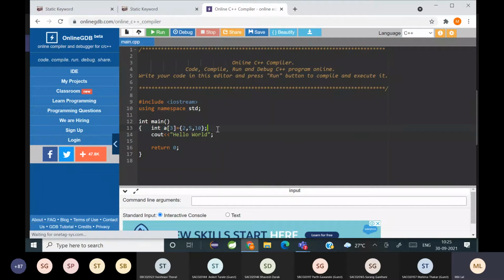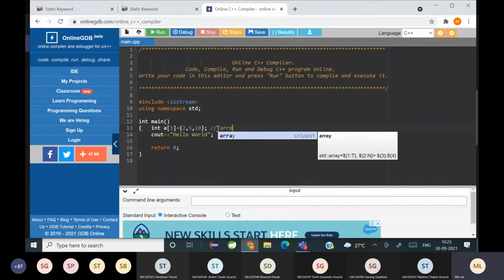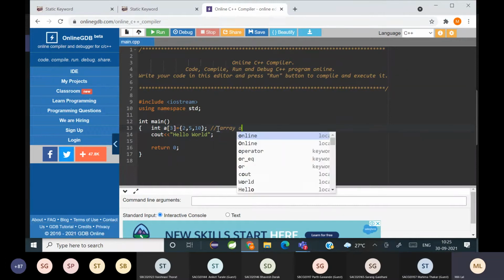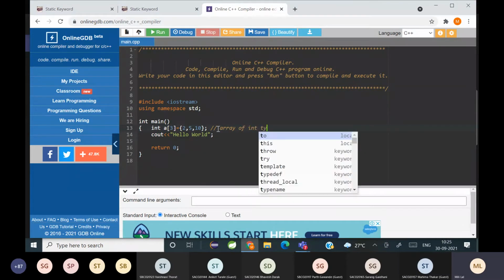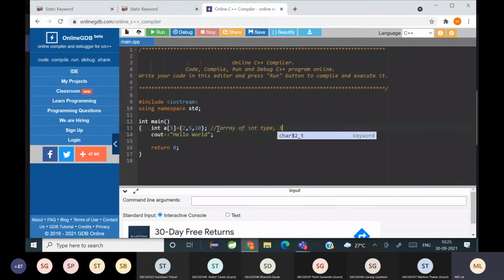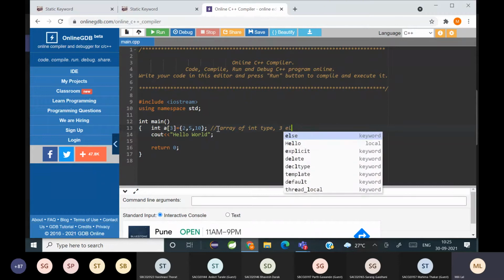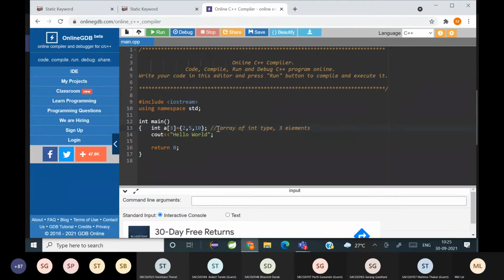Meaning पता है ना? What does this mean? Array of int type, 3 elements, and what are the 3 elements? It's getting assigned to 2, 5 and 10.